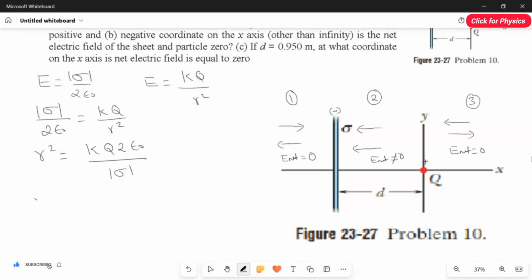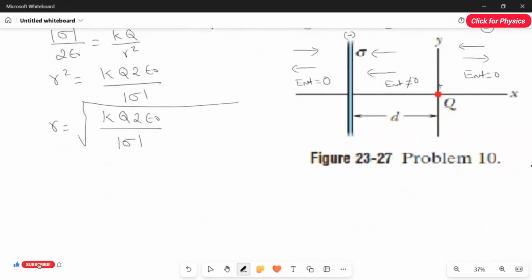And therefore R is equal to the square root of K Q 2 epsilon naught over sigma. Now I'm going to substitute the values and find what the value of R is. After we find it, we are going to fix that value in this figure. So the value of K here is